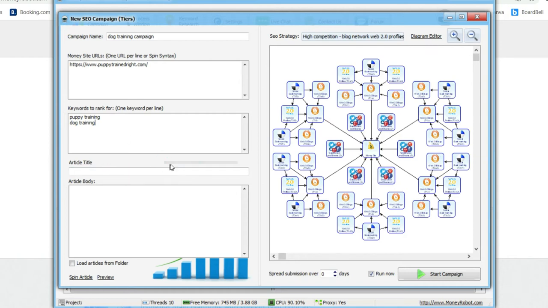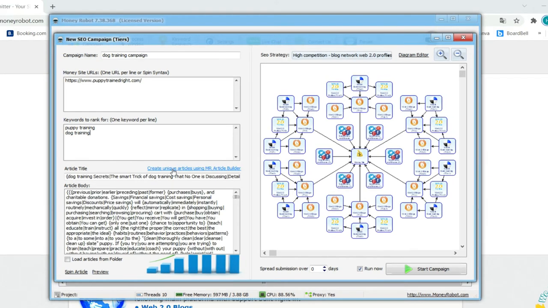You just have to click on this generate article. Money Robot has an inbuilt article generator which will automatically create articles which will be submitted to different platforms like Web 2.0 blogs. So this will take a few minutes. After that I'll show you.